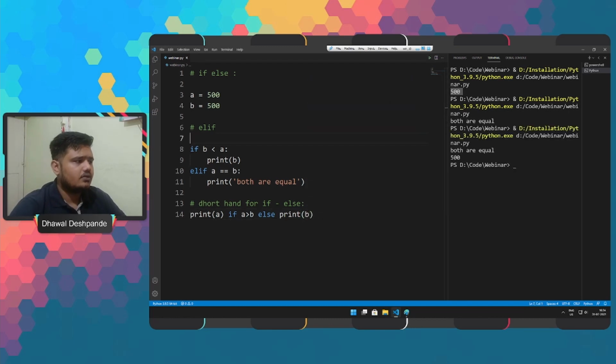When we run this, if you see the second output, it is providing the output for the else block. So this is the shorthand syntax for if else.